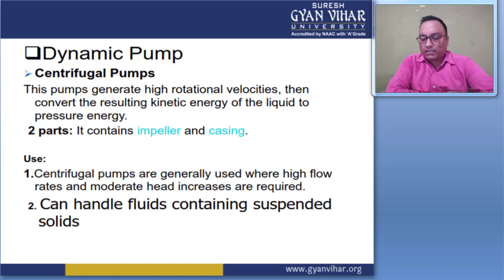There are several types of use regarding this type of pump. In dynamic pumps, energy is added to the fluid continuously through the rotary motion of the blade, and this blade is connected to the impeller. This increases the energy, which is converted to a gain in pressure energy when the liquid is allowed to pass through an increased area, and this area is called the casing.